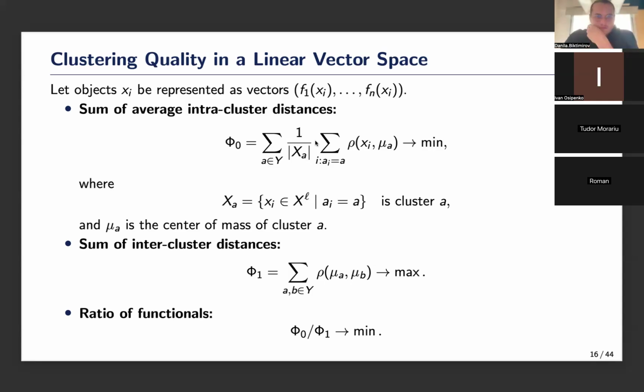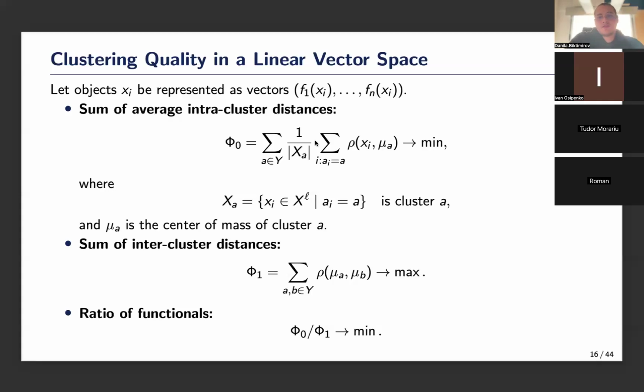Here, we have a representation of class, center of class mu, and rho is our distance metric. If rho is Euclidean, then phi has a physical interpretation. It represents the moment of inertia of a cluster treated as a mass system where each data point has equal mass. So it's just some number of balls that have their corresponding inertia.